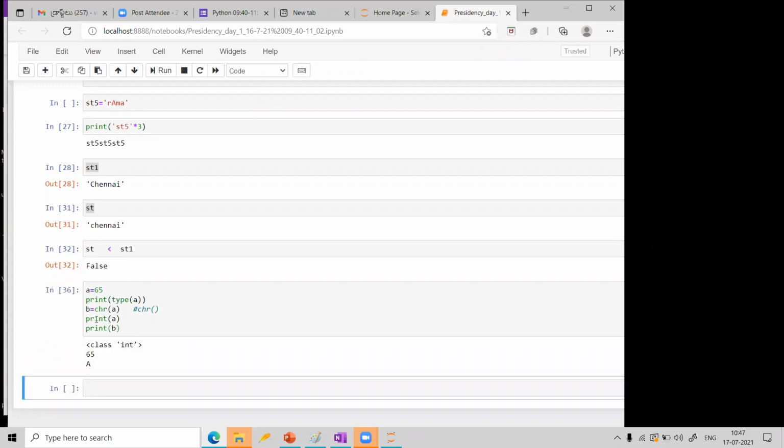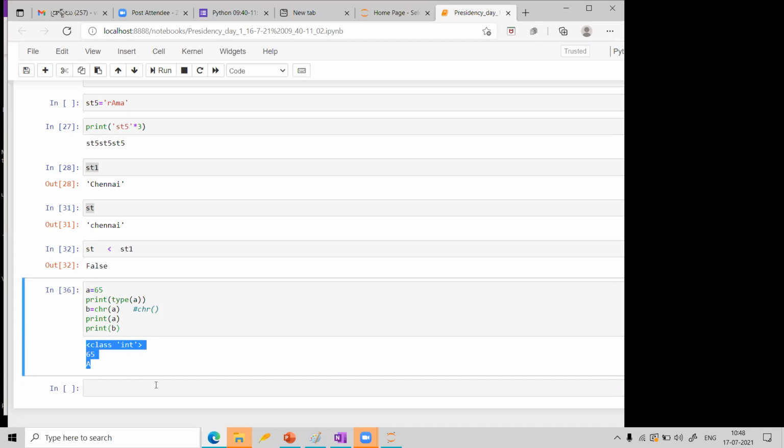Now you can see initially A is an integer and its value is 65, but it got converted into a character and it is printing as capital A. Similarly, I want you to check as an assignment. It is better if you do assignments so that you will not forget the concepts later, and your thinking will also improve.